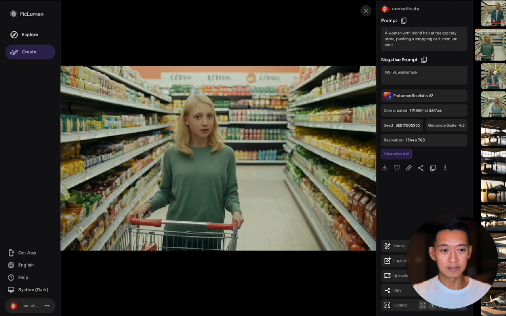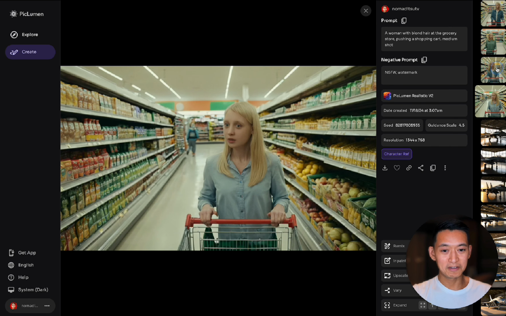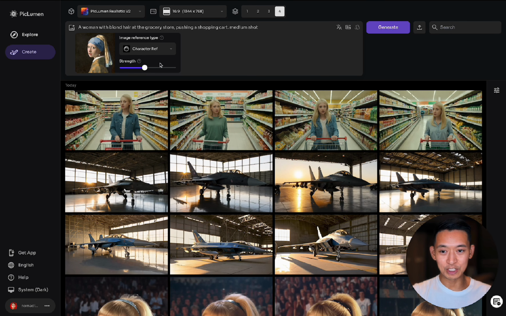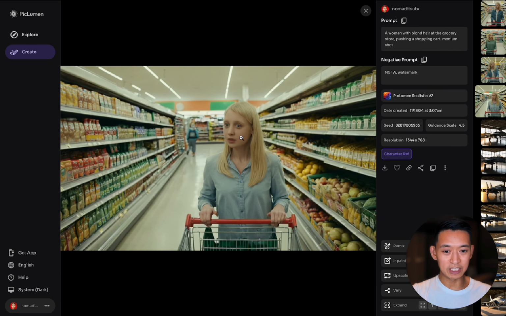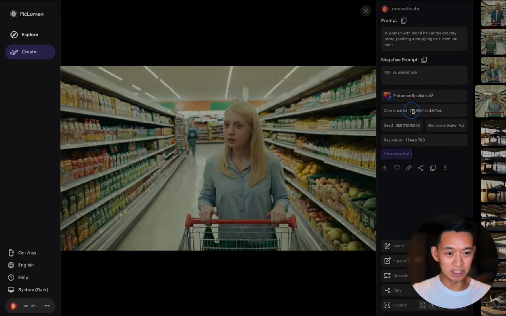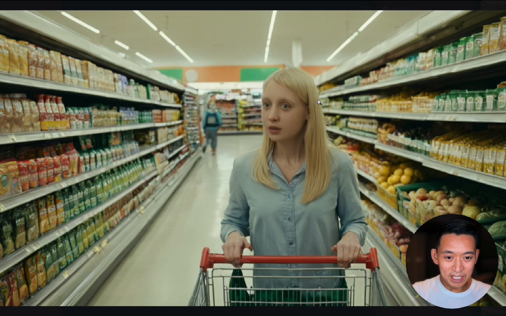We have the same character in the grocery store. We have the woman with the pearl earring in the grocery store shopping. So you could see it definitely kept the same facial features. And I suspect if we use a higher resolution reference image, it would probably come out with better details, but this is really quite good, right? You could imagine that this is the equivalent person in a modern setting. So let's enhance this by keeping the headband